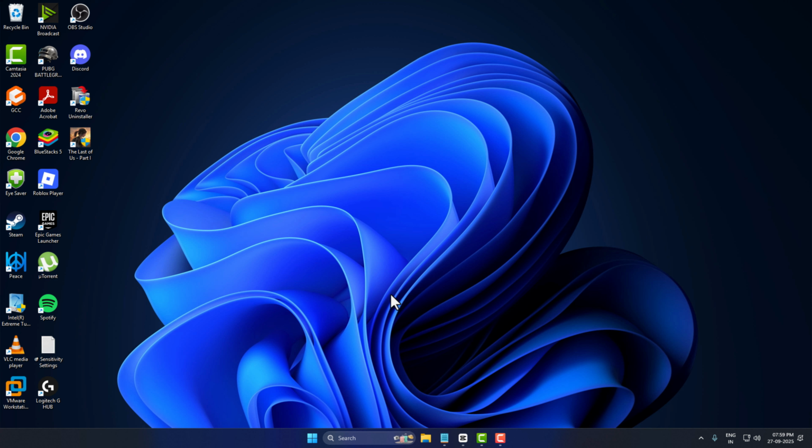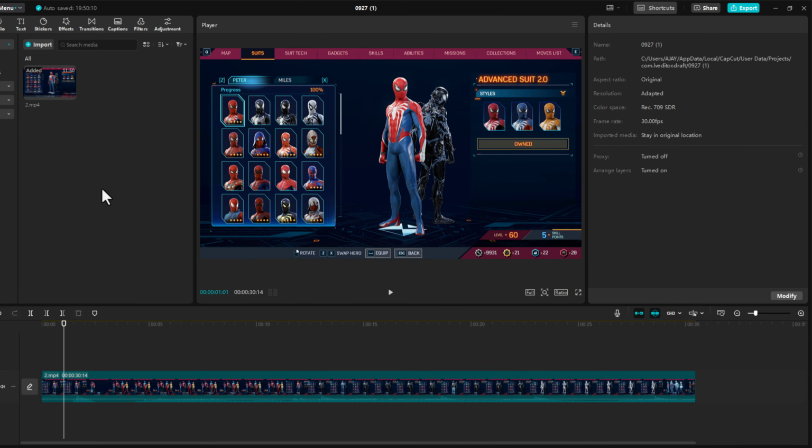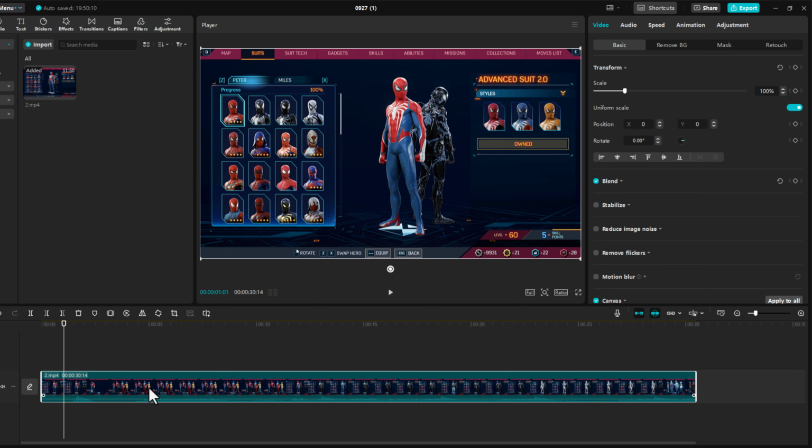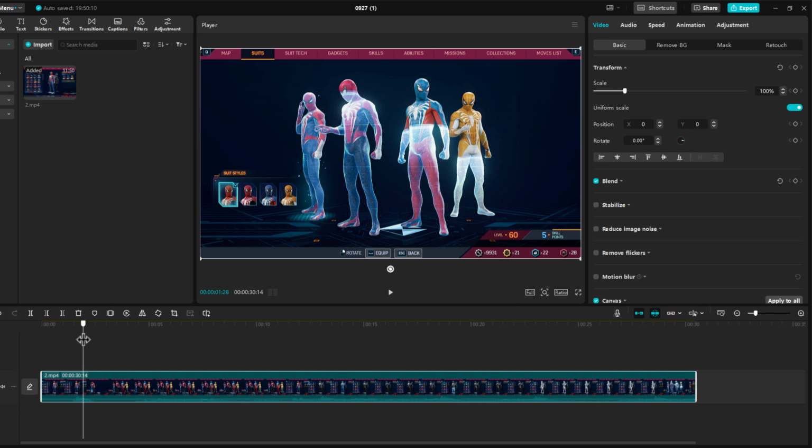Today we are going to see CapCut PC tutorial. I'll show you guys zoom in and zoom out, how to do it. You just need to open up CapCut and import the media you want and then drag and drop over here in the timeline and then click on the video and just drag this pointer where you want to start the